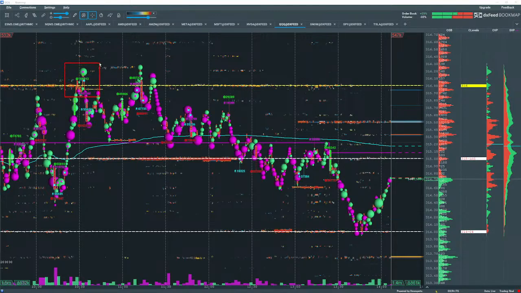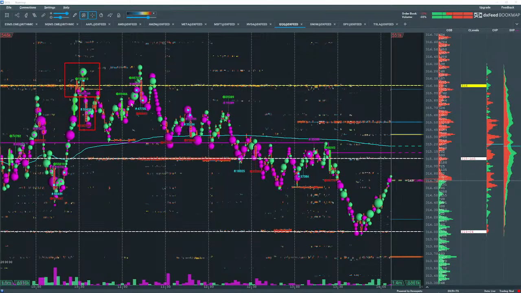So the absorption of that level, then a sell sweep, and then a retest of the 316 level. And the sell sweep is these small bright red dots. Those are aggressive sellers. And then more absorption, another sell sweep at the 316 level, and then price heads down